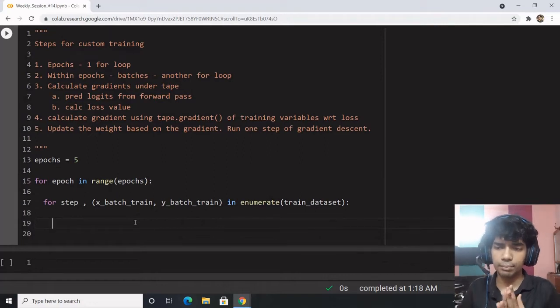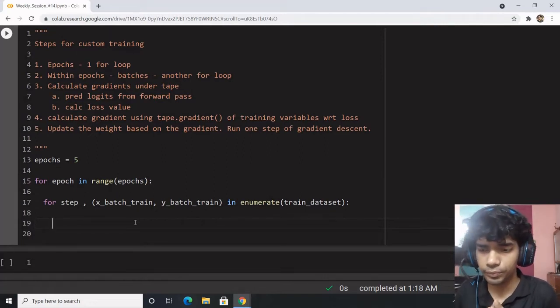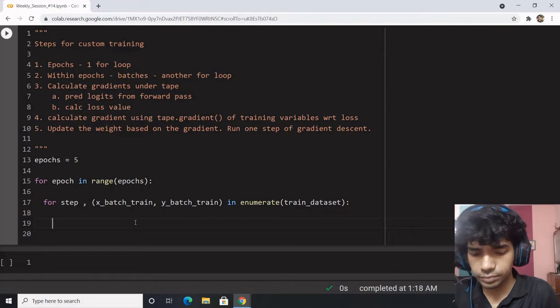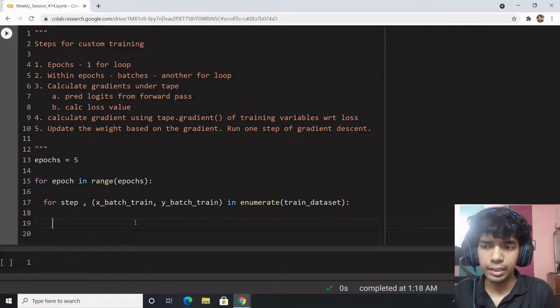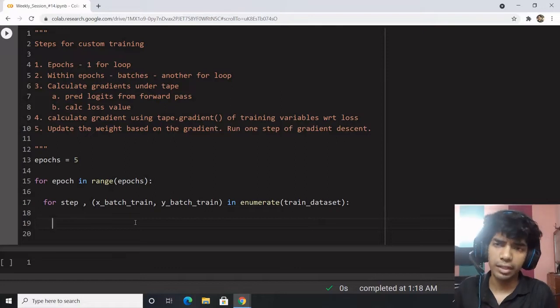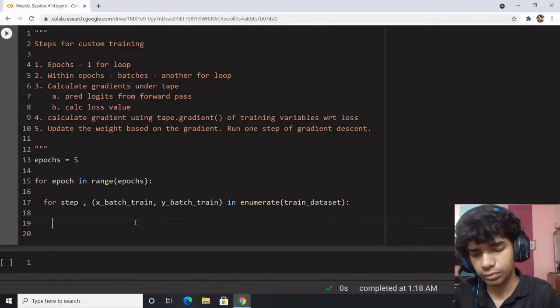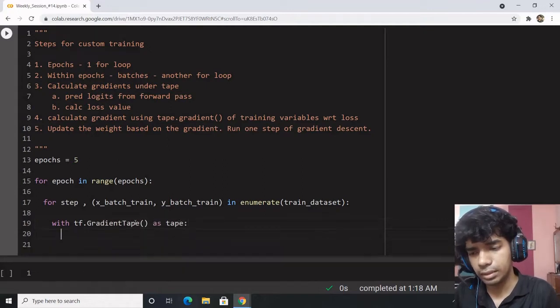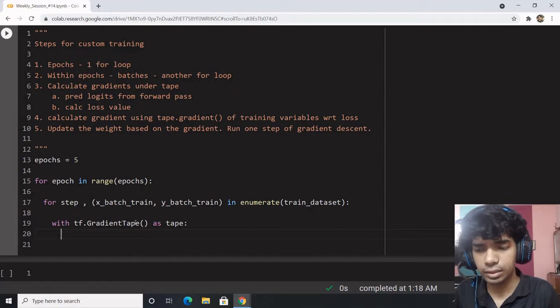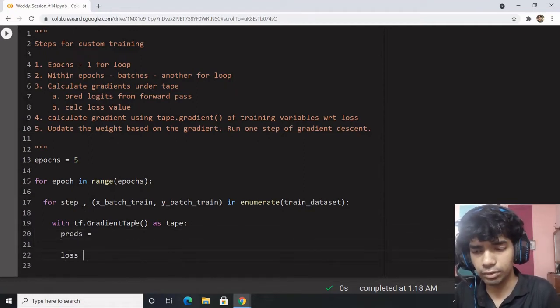Within this, what happens, you use the gradient tape. Gradient tape is needed for calculating gradient or automatic differentiation. So with tf dot GradientTape as tape, what you're gonna do is 2 things. First, obtain the predictions. Second, obtain the loss value.